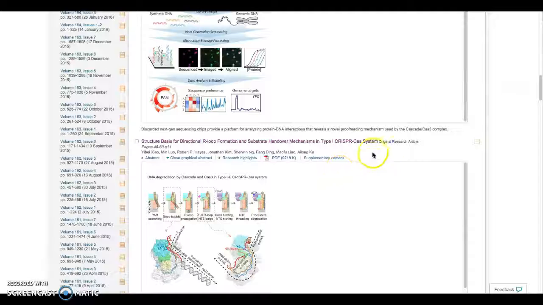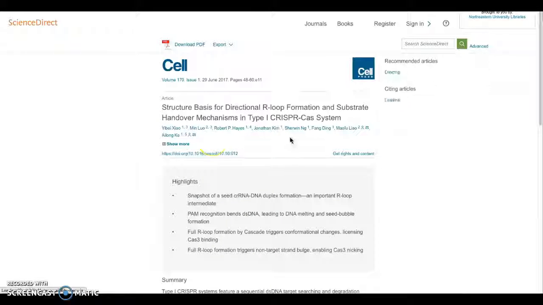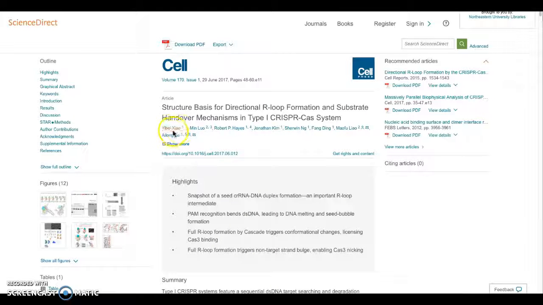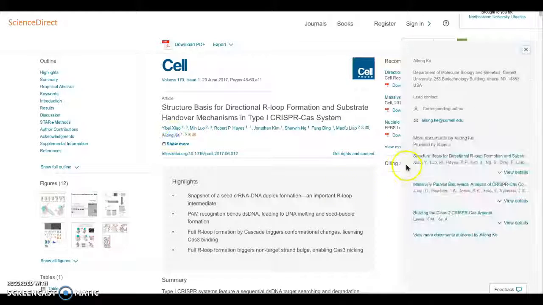Now, the journal also does provide a mechanism of feedback and communication within the discourse community. If we click on any one of the articles, at the top we get this list of names of all the researchers involved in the article. And if we click on one of the names, we get this pop-up providing more information on the individual. We have their department, their university, their email address, as well as some other research articles that they were involved in.